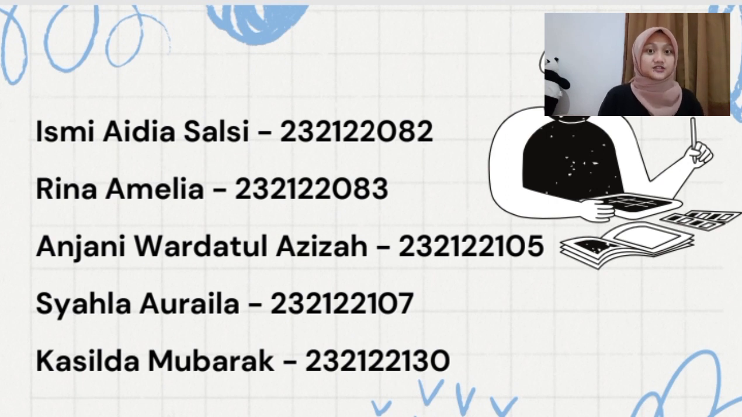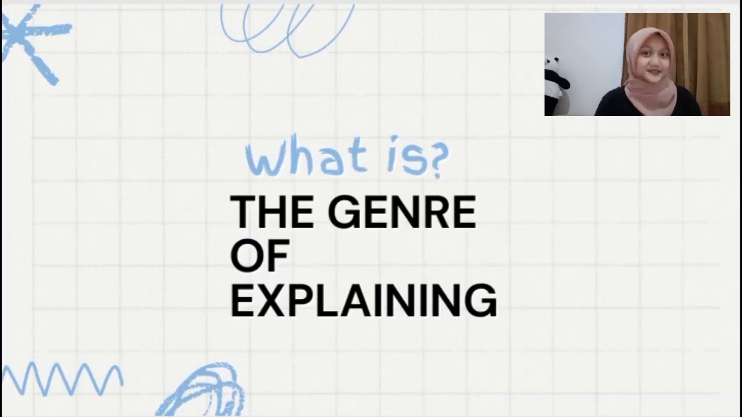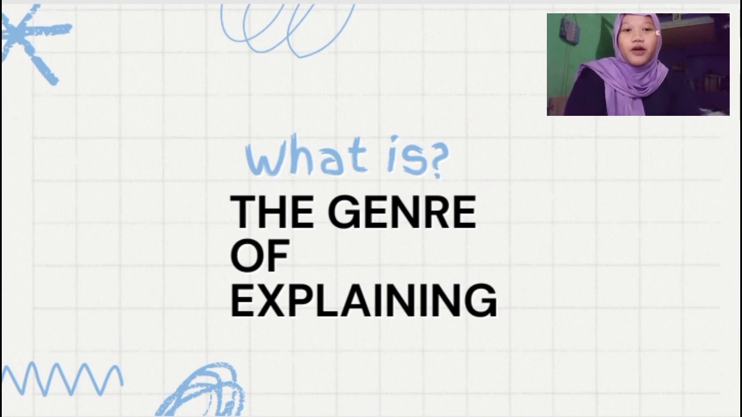Well, we continue. The first part of the presentation will be delivered by Ismi. Here I'm going to explain about the genre of explaining. The genre of explaining can be considered as a form of nonfiction writing or discourse. It serves the purpose of providing information and understanding about various subjects like phenomena or concepts. Here, an explanation text gives you information about a subject that you are interested in and would like to know